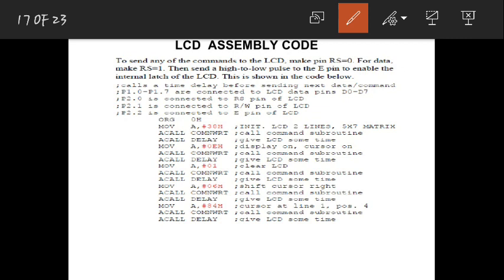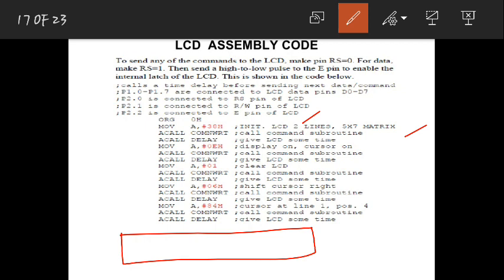First you turn on an LCD, I mean you are initializing an LCD. First it initializes the LCD to 2 lines, 5 by 7 matrix. Next, 0E means display on with cursor, after it has been initialized. You can see that whenever you turn on your system, it will be initializing. Whenever it initializes, first it will show its company's name, or some loading symbol, at the time of initializing.